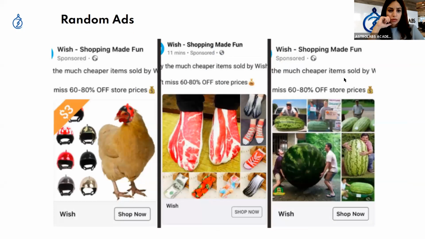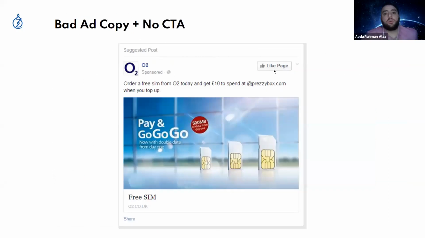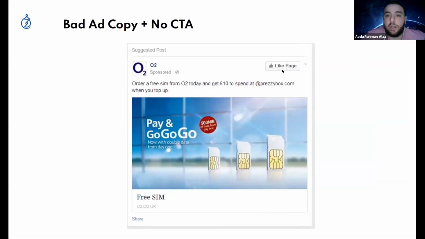Here it says, order a free SIM from O2 and spend at preasybox.com when you top up. As we said, the first mistake is not adding the call to action. So what do you want me to do, or how should I order this SIM? That's the first part.